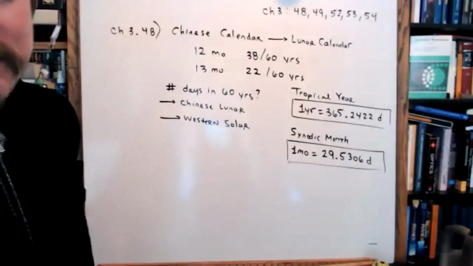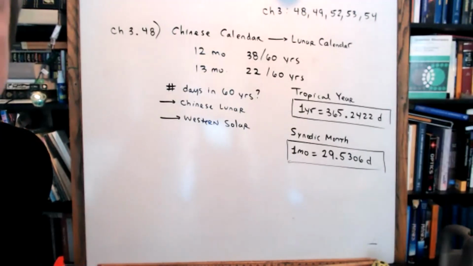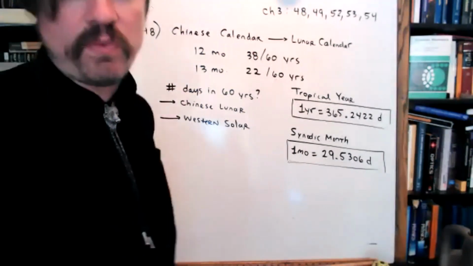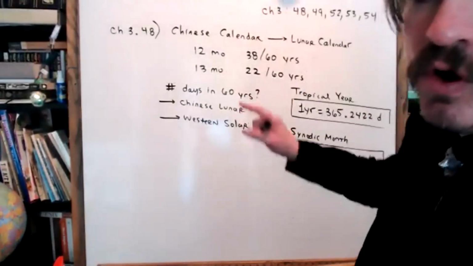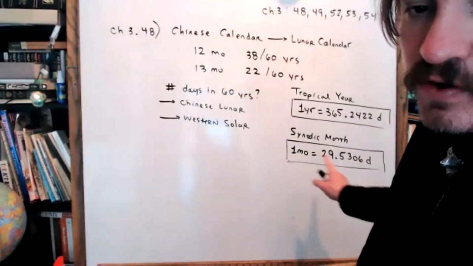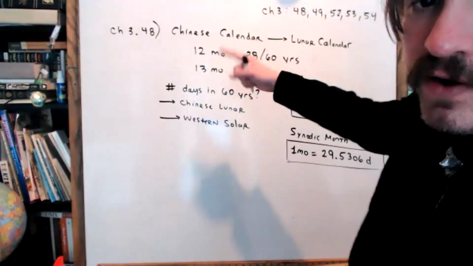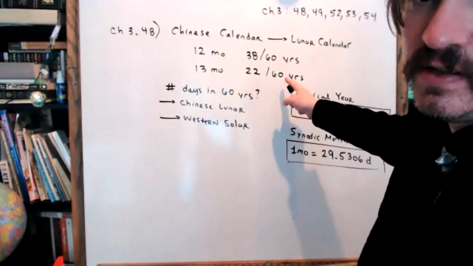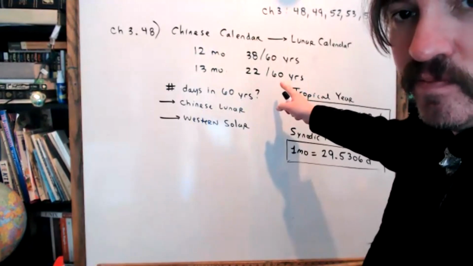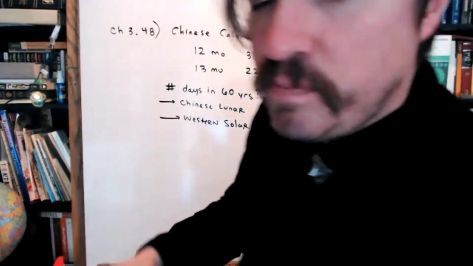Sorry. Okay. I said you might want to find the number of days in the 12-month years, the 38 of those, and then the number of days in the 13-month years, and 22 of those, and then add them all together. That's one way to go about it, Ian, and that would work. Can I suggest an even smoother method? Please do. Since it's a straight conversion from months to days, what if we just find the total number of months in 60 years? That would work too, right? Well, yes, both ways are effective.